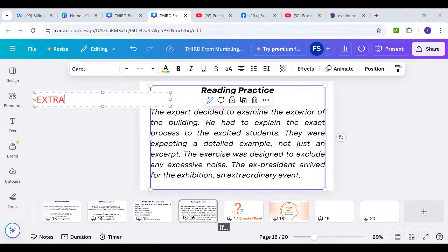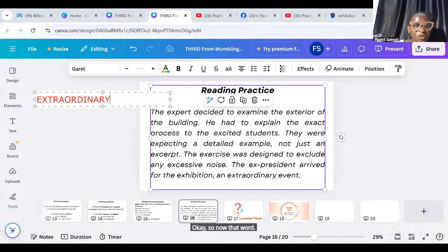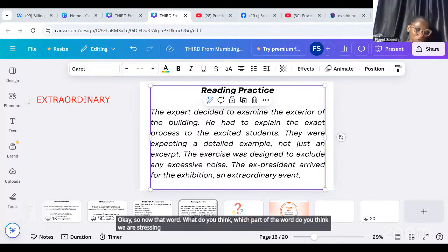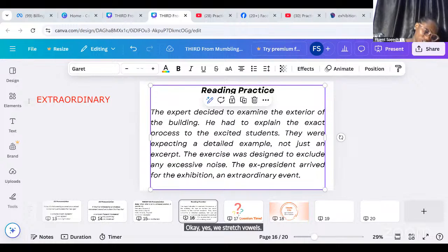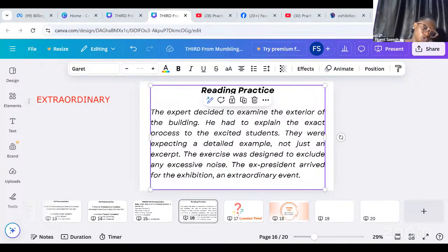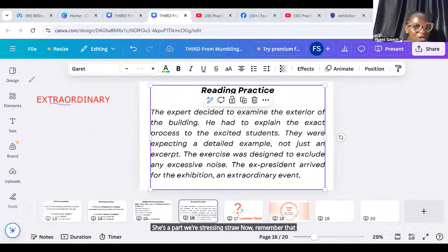Okay, so now that word is, what do you think? Which part of the word do you think we're stressing? The aw sound. Okay, yes, we stretch vowels. So in that word it's actually not the aw, we're actually stressing the straw. Extraordinary. Extraordinary. We're stressing this part. This is the part we're stressing. Straw. Now remember that this word normally is supposed to be